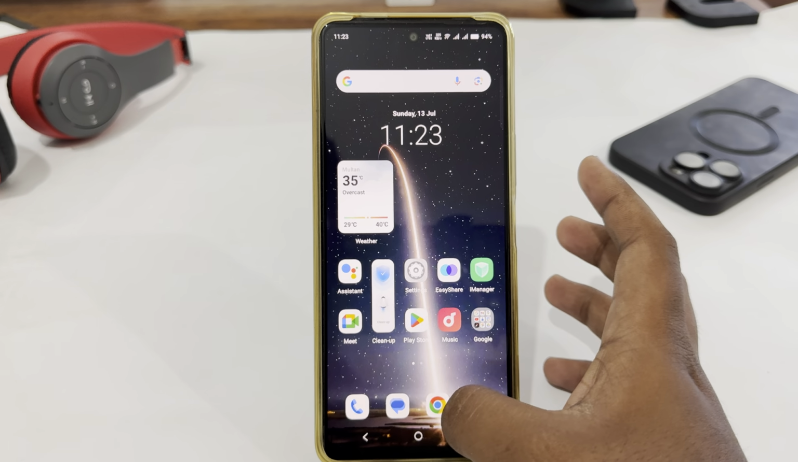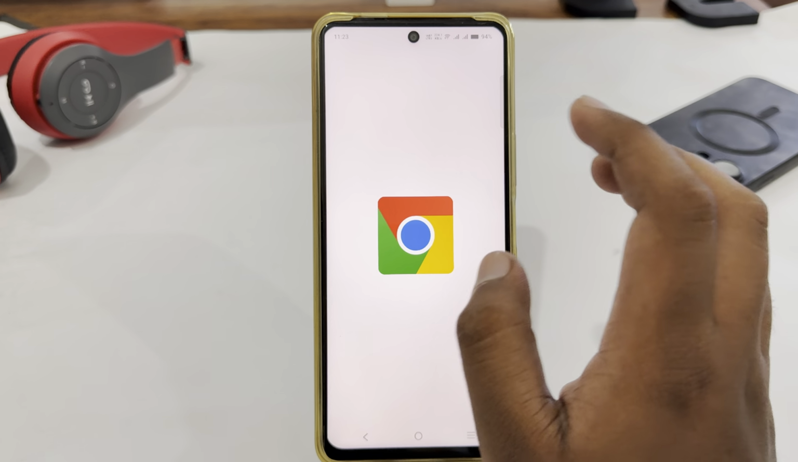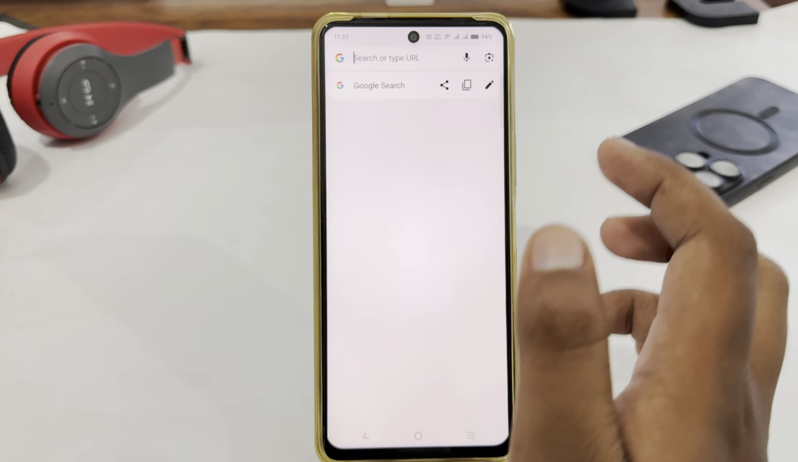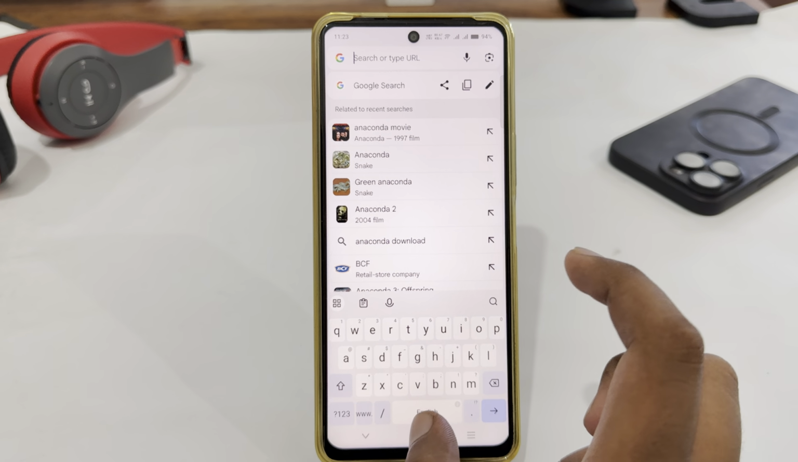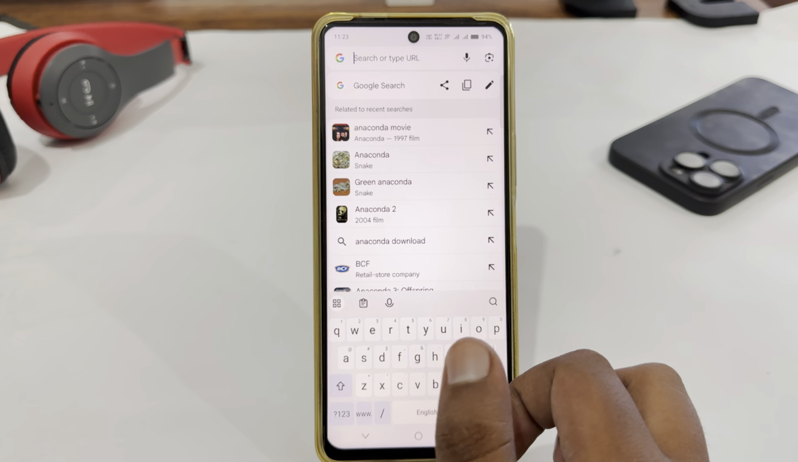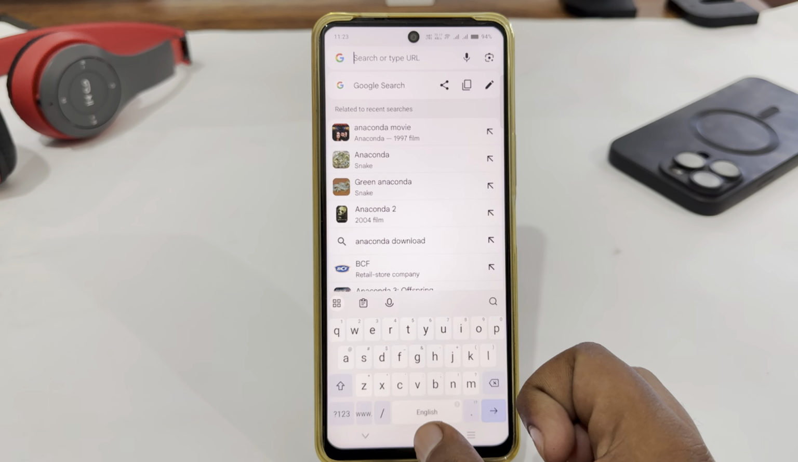So go to open the keyboard, open it, and here you can see the emoji keyboard looks something like this. So that's how you can enable emoji keyboard